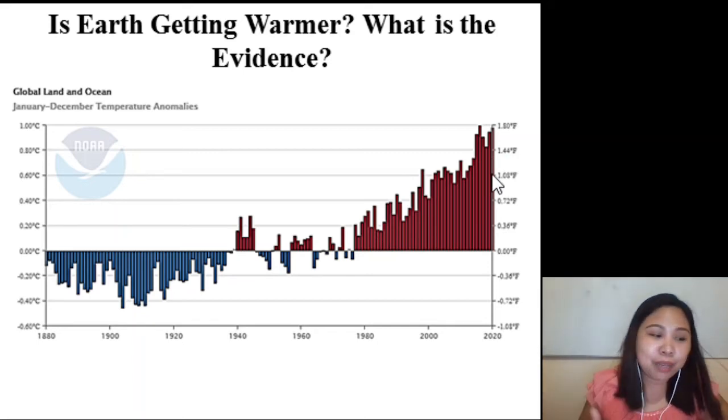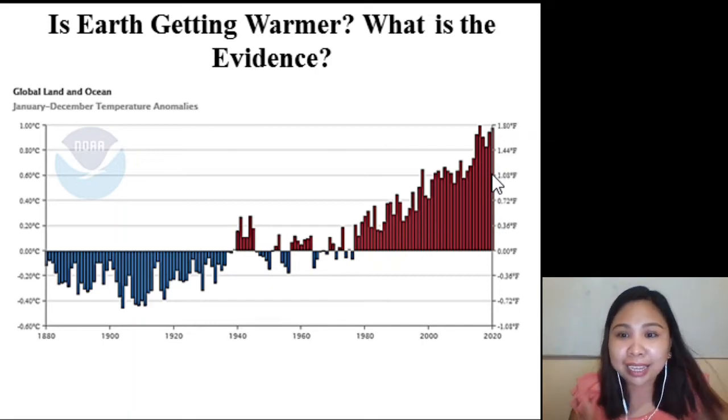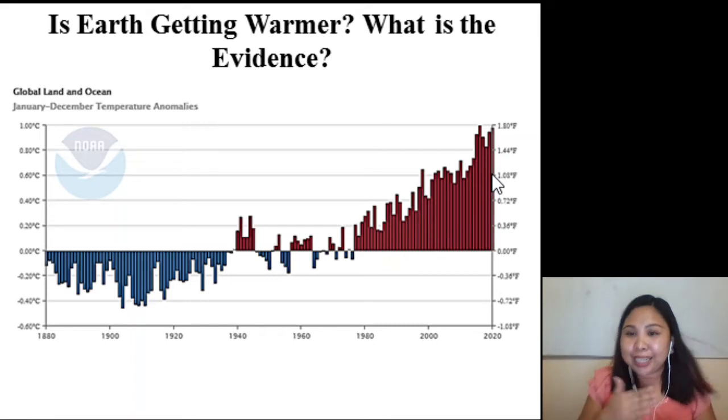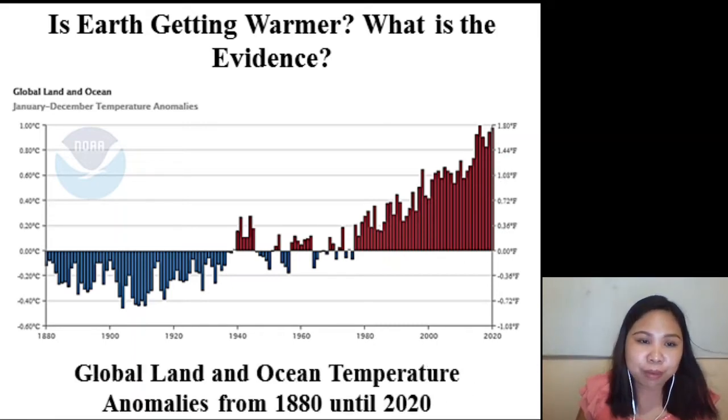Baka titingnan nyo dito, ma'am, 1 degrees Fahrenheit lang naman yon. Okay? So, sasabihin nyo, ma'am, konti lang naman yan. Okay? Konti lang. Pero sa ibang organisms, and even us, diba, kapag may lagnat kayo,